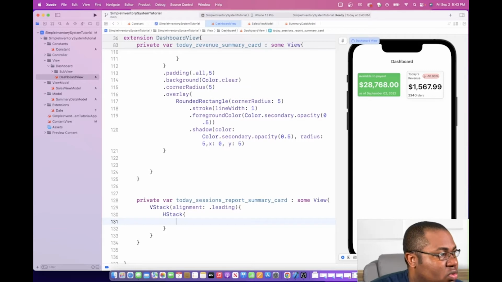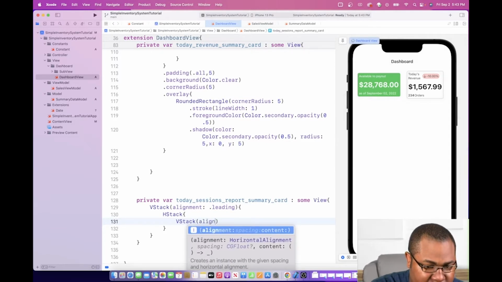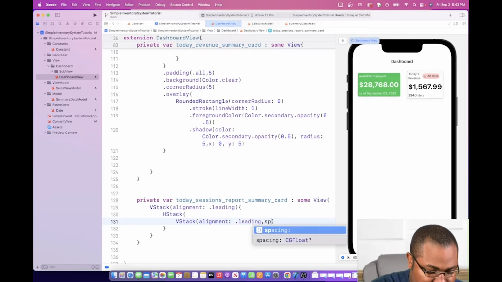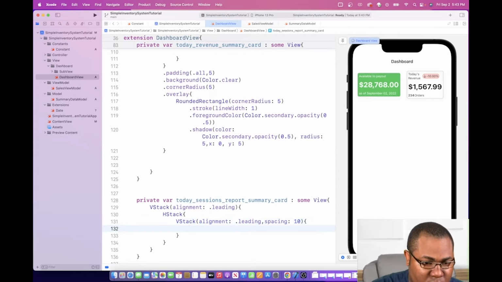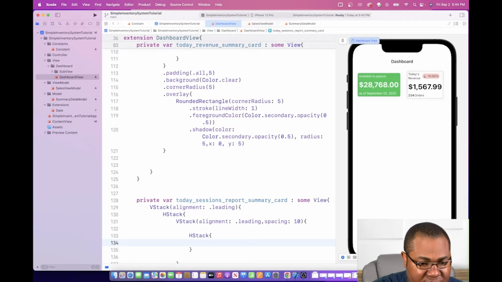Okay, so next we're going to need another VStack, and this time we're going to say alignment of leading again, but this time we're going to add a little bit of spacing, and in this case a spacing of 10. Then we're going to need an HStack, and this HStack is going to have the summary title. So we'll say text,